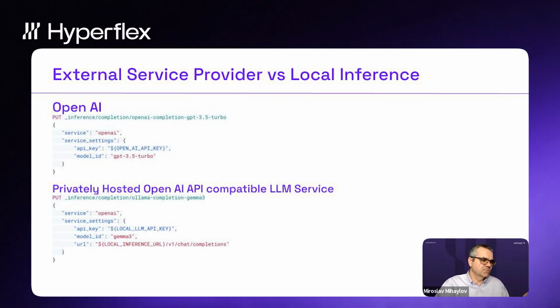Similarly, for a privately hosted model, if you have access to an inference API, which you manage or maybe is provided by another provider, same way, you just say the service type is OpenAI. Again, this works only for LLM providers which support the OpenAI API. And here is an example with a locally hosted Ollama and a model Gemma. Gemma is, I believe, the Google model. And this is how it's integrated.